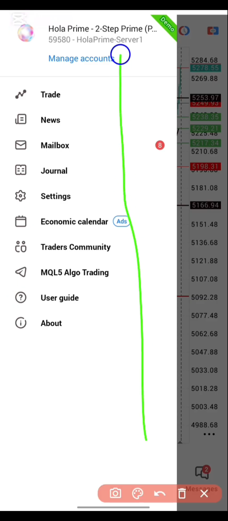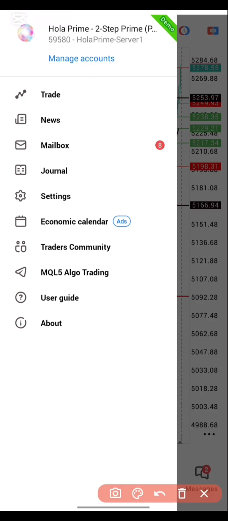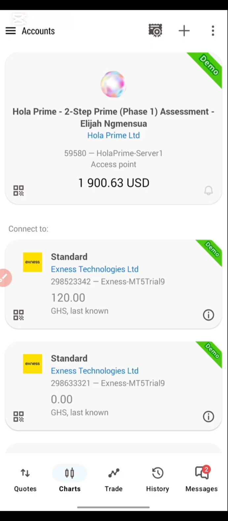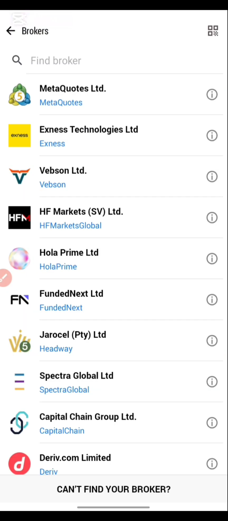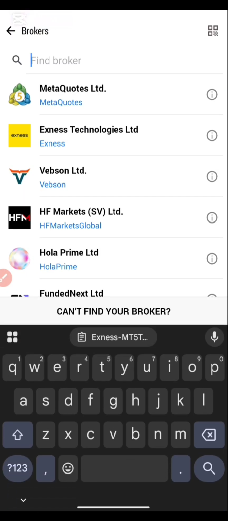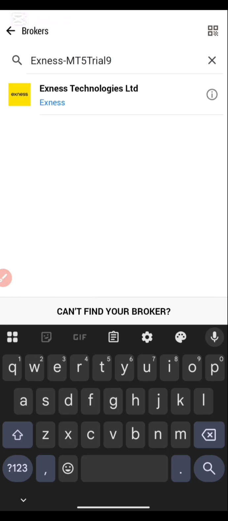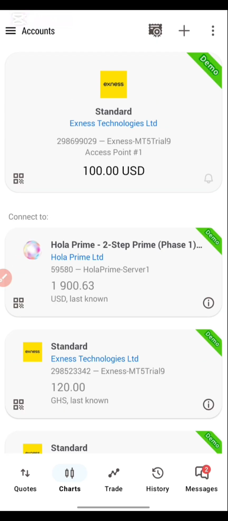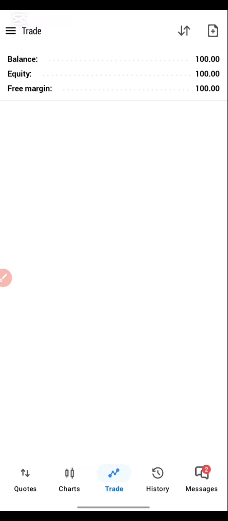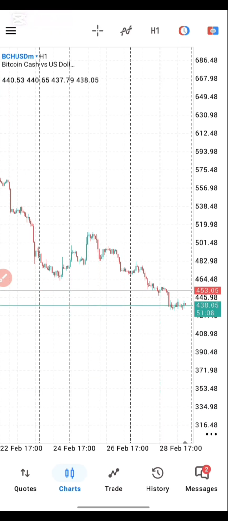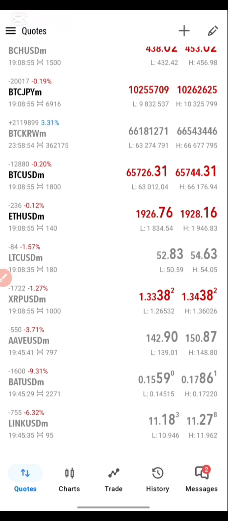Click on manage. This was just a two-step account. I was trying with a strategy I found. So you can click on add, then you enter. Now this is your account, very neat. And then this is your chart,